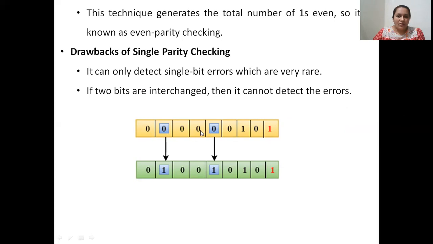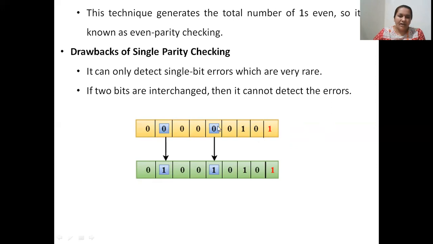So this is a 9-bit data unit, and 8 are from data and 1 is the parity bit. So here, this particular 9-bit unit has an even parity. There are only 2 ones in total and this gets transmitted. At the receiving end, this gets received as 01001010 with even parity bit 1. So you can observe 2 bits have got modified.